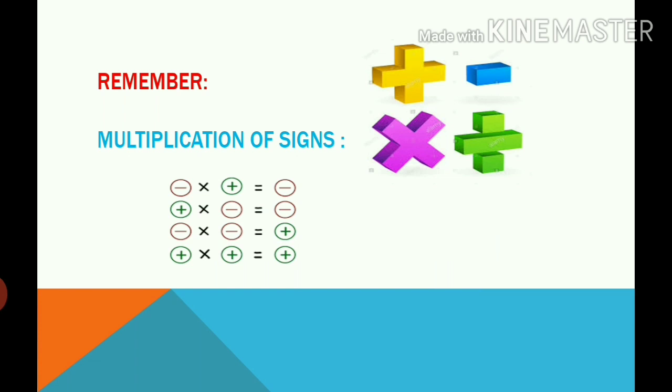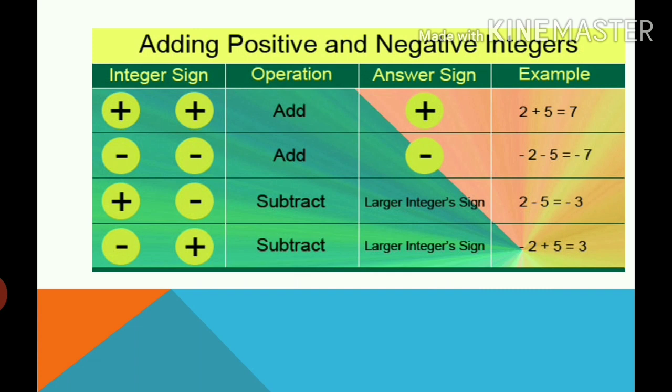Remember these rules while adding and subtracting negative numbers. Now I will show you this with the help of these examples. Here you can see that when you have both positive numbers, when you multiply plus with plus, you will get add. It means that you will do the operation of addition. This is plus 2 and plus 5. Plus plus is plus, so you will get